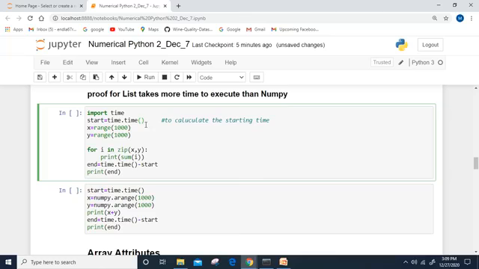Here the time will be calculated, the time starts here, and you need to calculate the end of the time. So I'm subtracting the starting time from this time. I'm storing that into a separate variable name, that is end. And in between this starting time and ending time, place your logic. Then it will execute and give you the time, how much time it has taken to execute that logic.